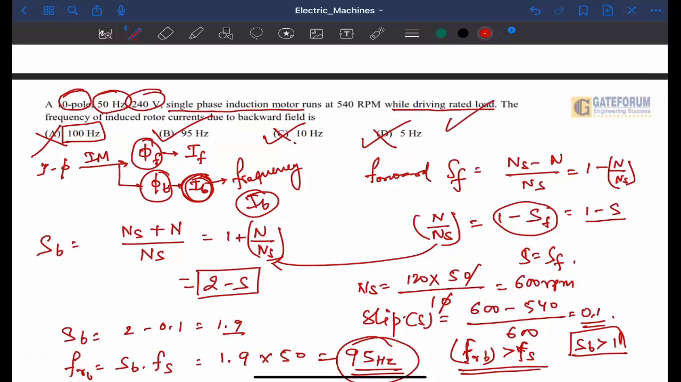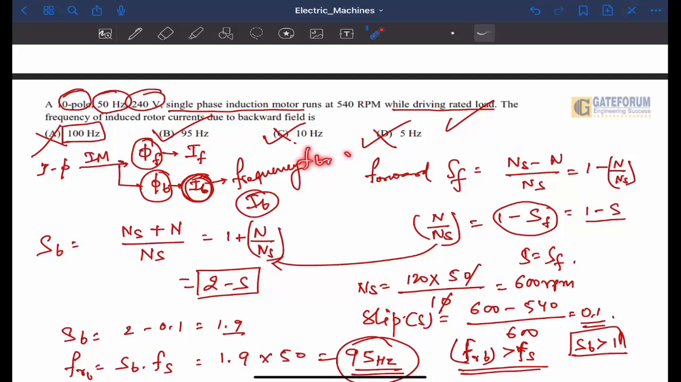This is from the single phase induction motor problem and it was very easy. If we have a good grip, we could understand how we will neglect the options, how we will eliminate the options. That is the most important, how we will eliminate the options. By using the elimination way we can easily select option B as the correct option, since